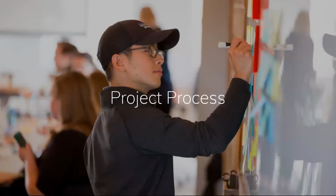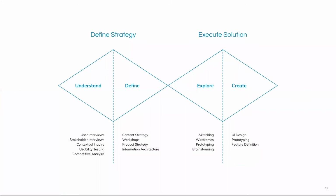A few words about project process, specifically as it relates to design, but also want to touch on some of the other roles that I think a SILS graduate would be well suited for. We do work for clients and produce design solutions and software for clients. And one of the models that underlies a design process is this common double diamond approach,